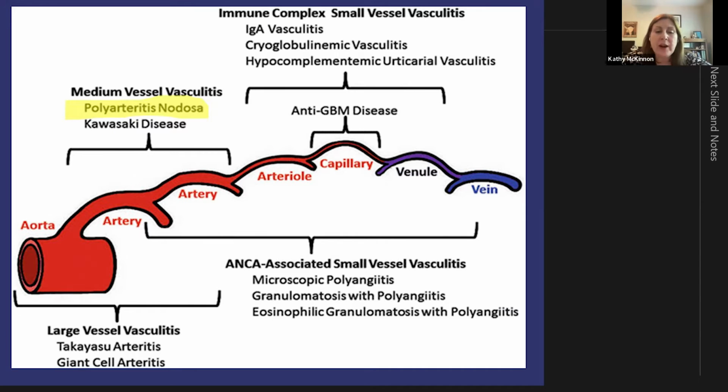And this is a diagram illustrating the more common forms of vasculitis. And you can see where PAN fits. I've highlighted it there. And although it's listed as a medium vessel vasculitis, our diseases don't oftentimes read the rules or the textbooks and can overlap. So sometimes we see patients who have larger vessel disease, sometimes they have smaller vessel disease, but the predominant artery that's involved in PAN is the medium size artery.